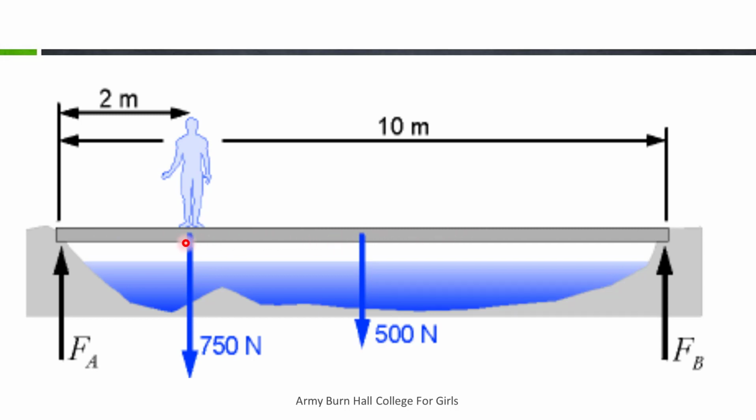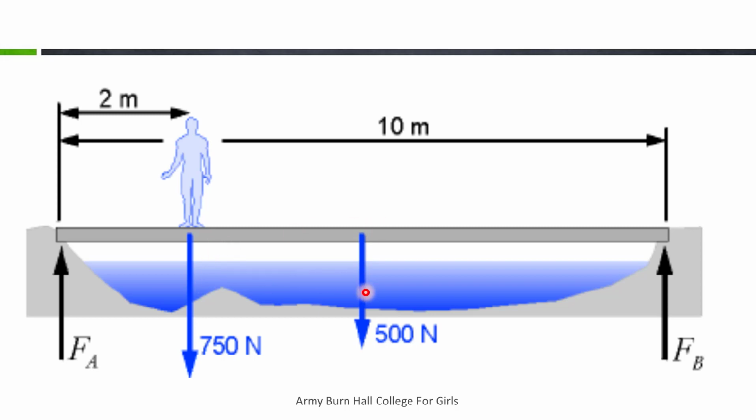So this board is being applied by 4 forces. You can see we are having Fa, which is acting in upward direction. We are having a weight of this person acting in downward direction. We are having a weight of this bridge or this board which is acting in downward direction, and we are having, you can say, reaction force applied by this support, which is again in this upward direction. Okay, so Fa and Fb are in upward direction, and weight of the person and weight of the board is